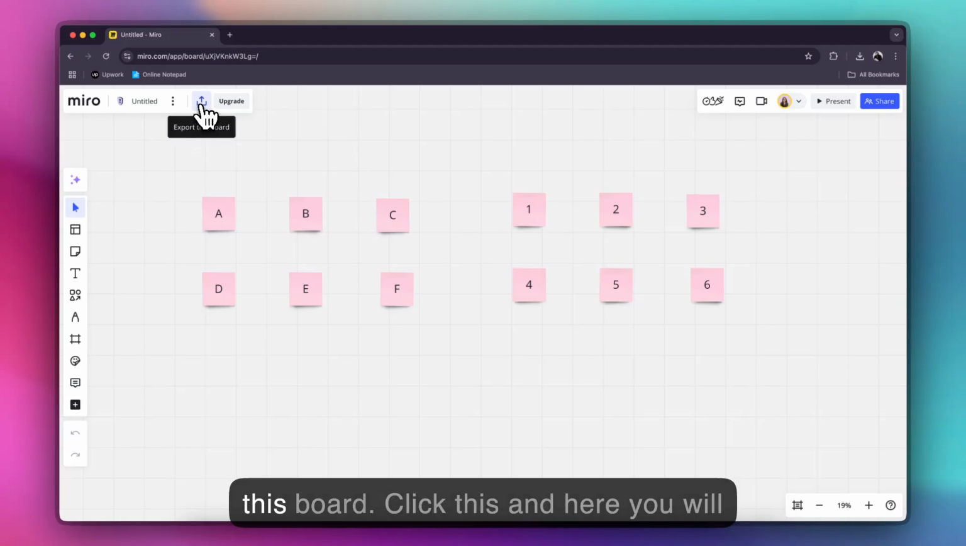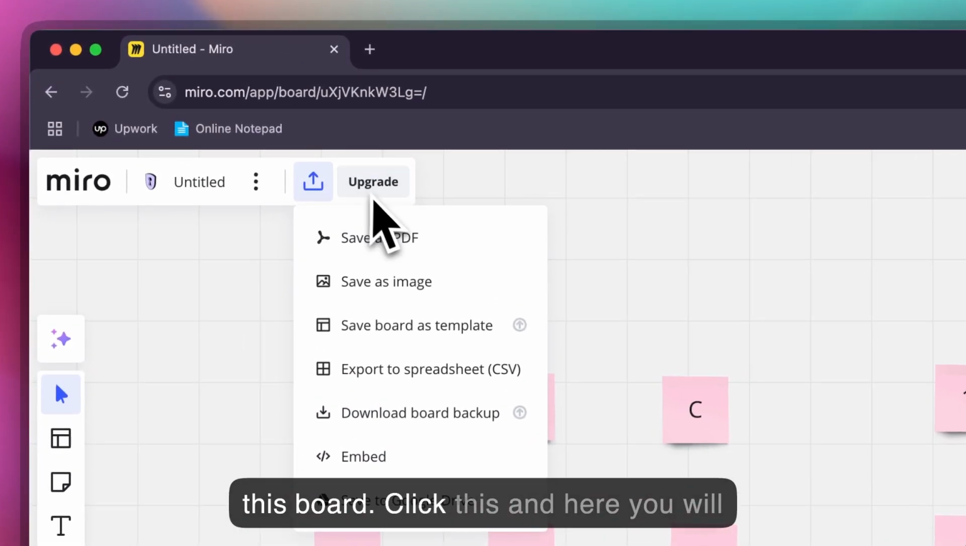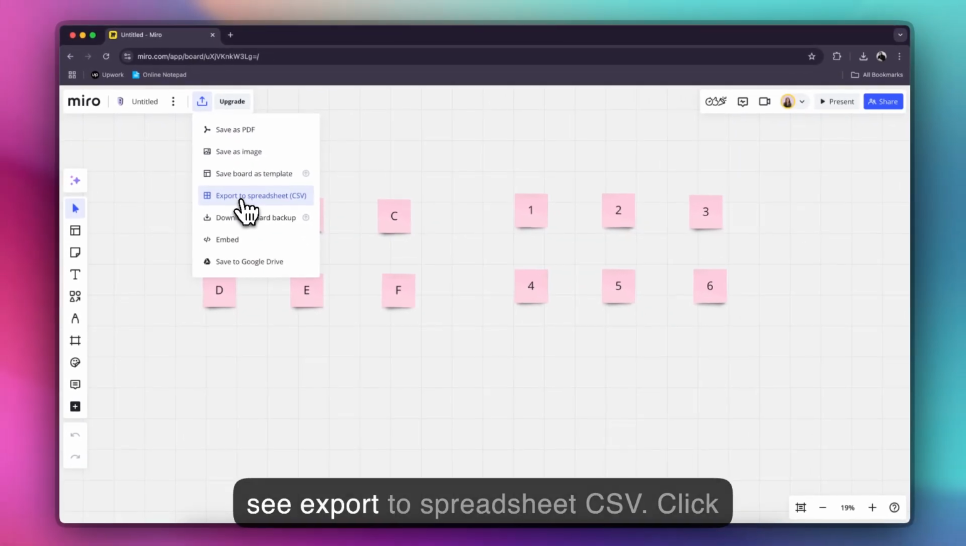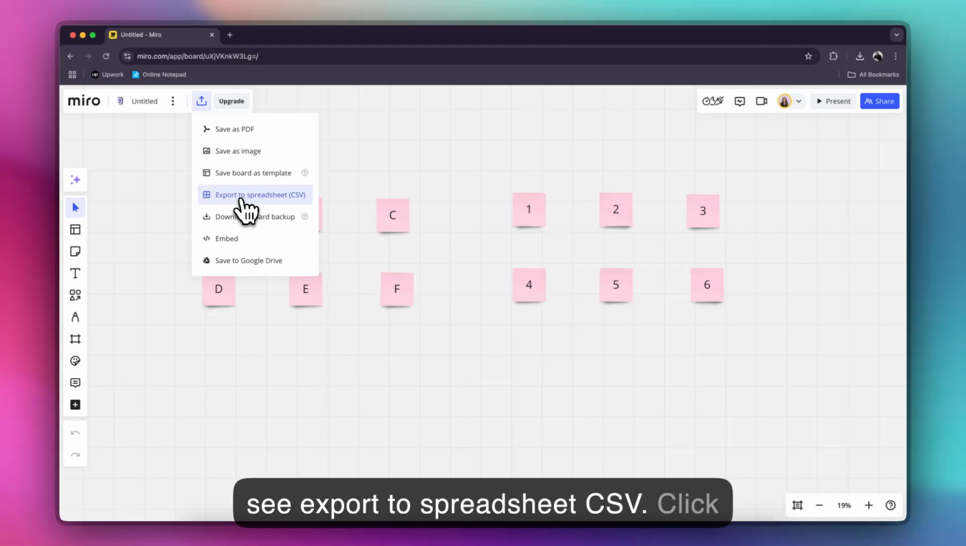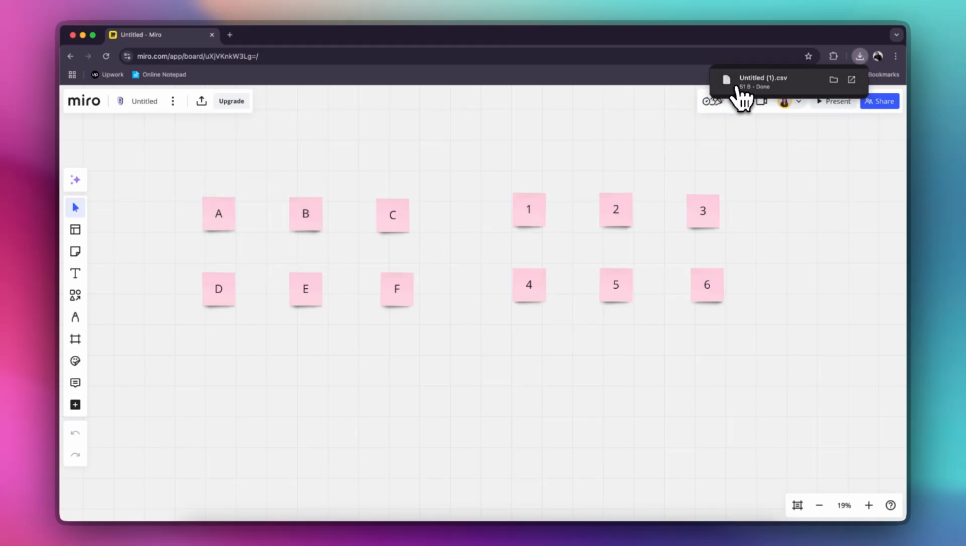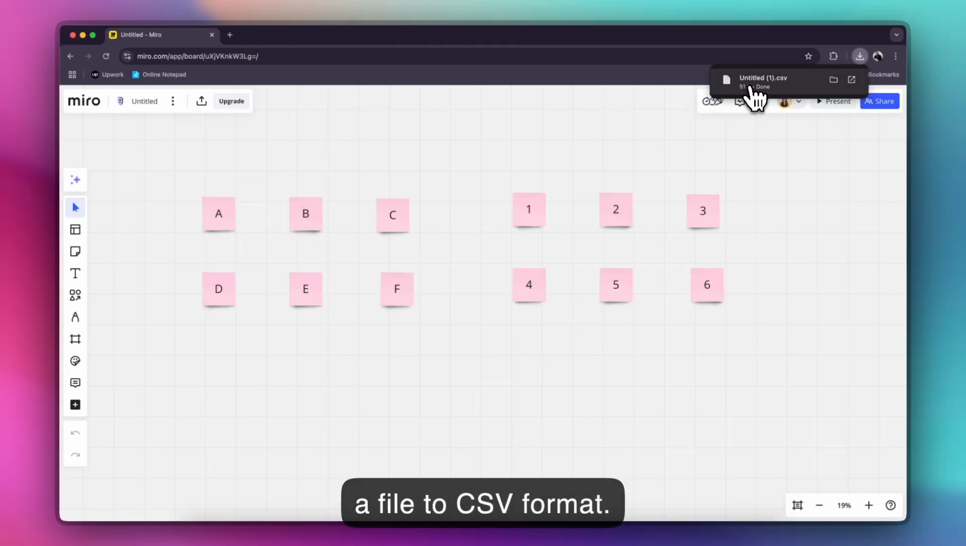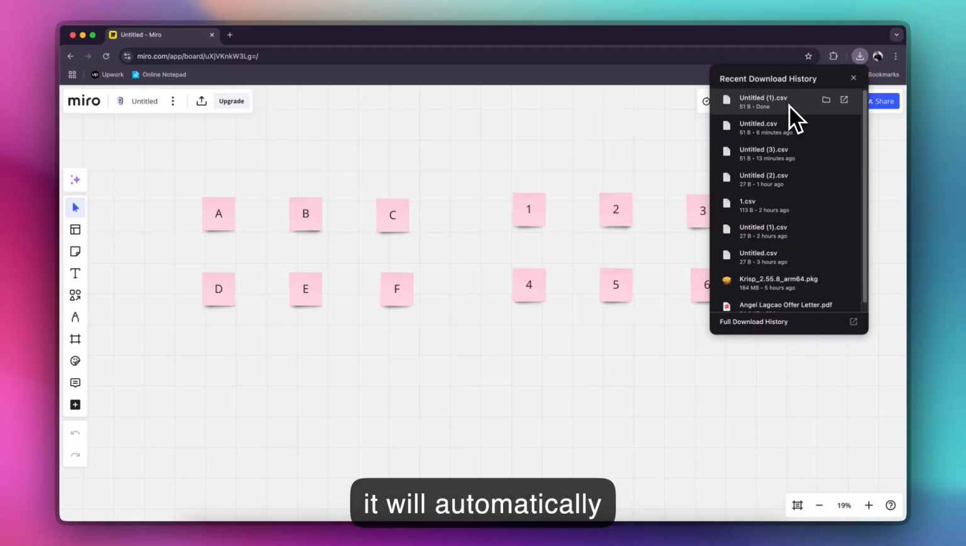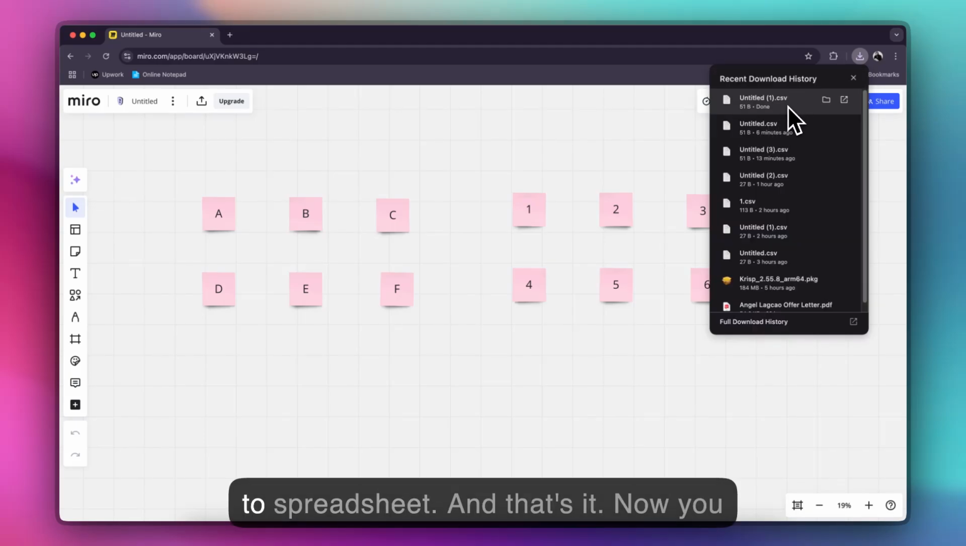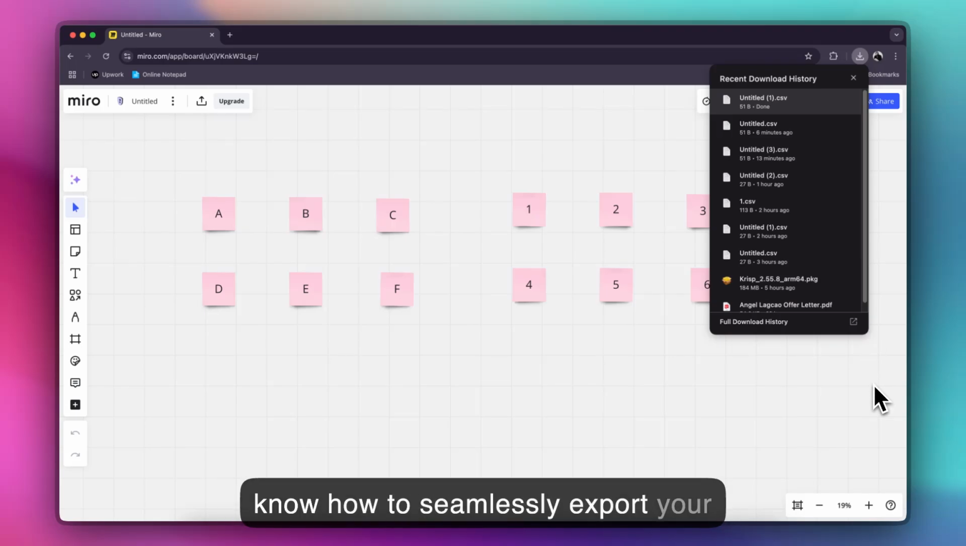export this board. Click this, and here you will see Export to Spreadsheet CSV. Click this, and it will automatically download the file in CSV format. Just click the downloaded file and it will automatically open in a spreadsheet. And that's it. Now you know how to seamlessly export your Miro boards to Excel and turn your ideas into